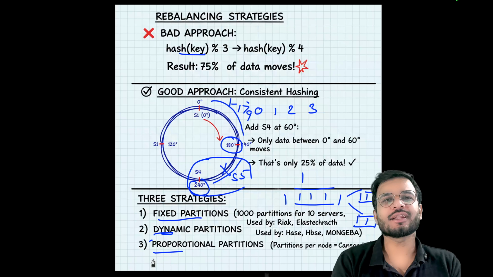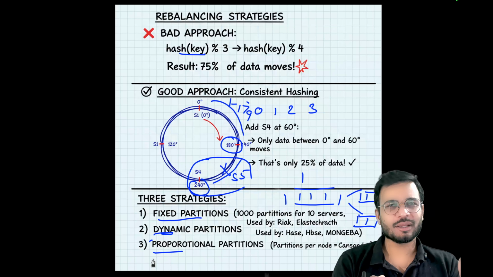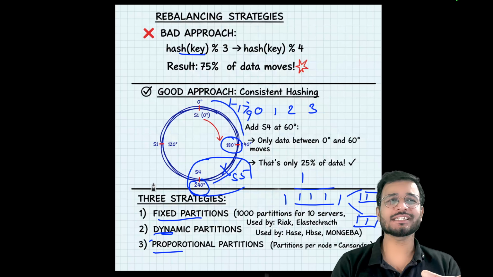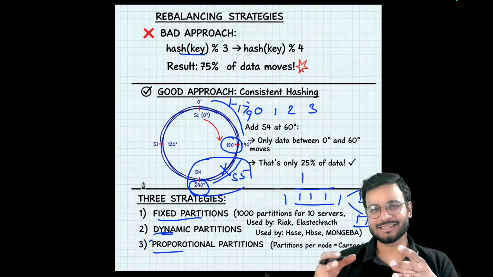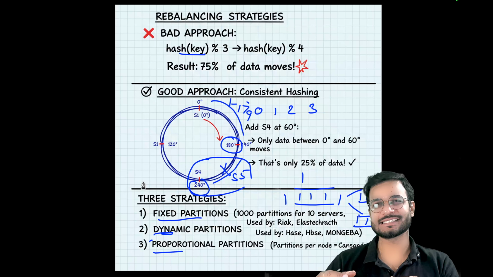It depends upon the number of nodes. As the number of nodes decreases or increases, we will equally distribute, and the size of the partition will also change based upon the number of nodes we have. So that is why it is proportional to the number of nodes. It is primarily used by Cassandra. So now you see how we use rebalancing strategies, and if you talk about these in interviews, of course, you've reached an L5 plus level, you can easily target staff or staff plus roles.